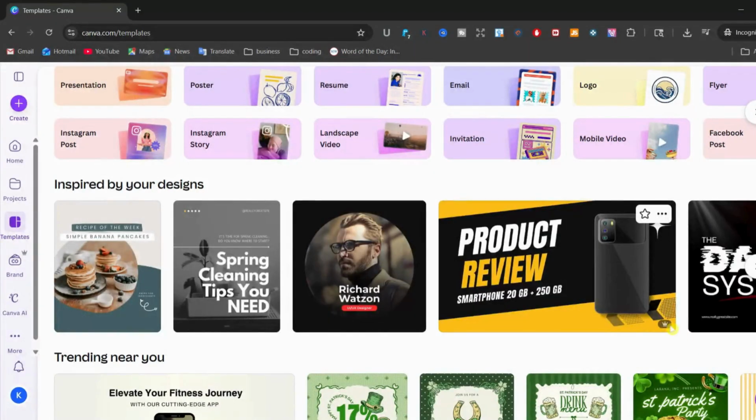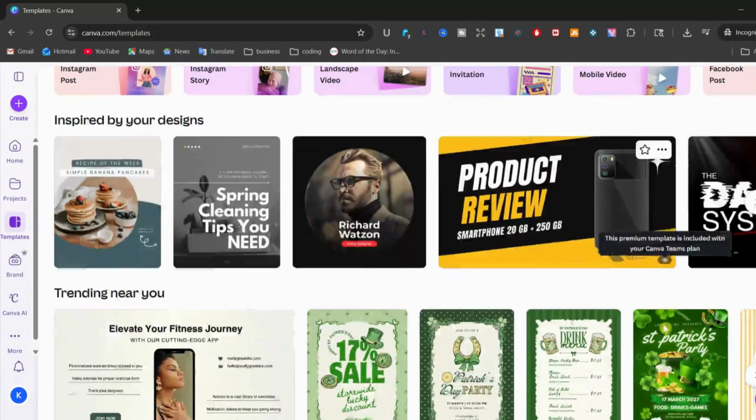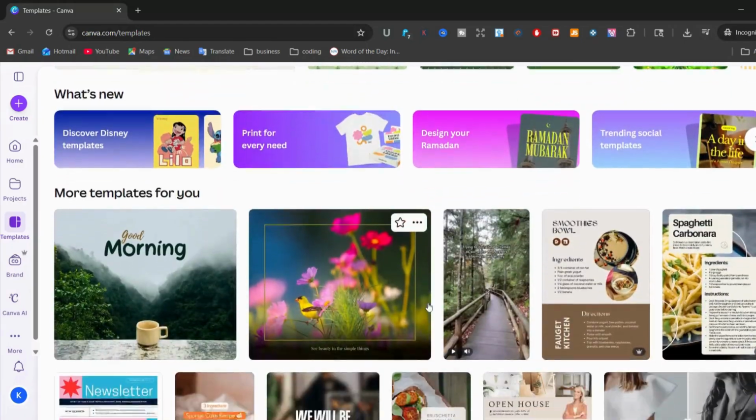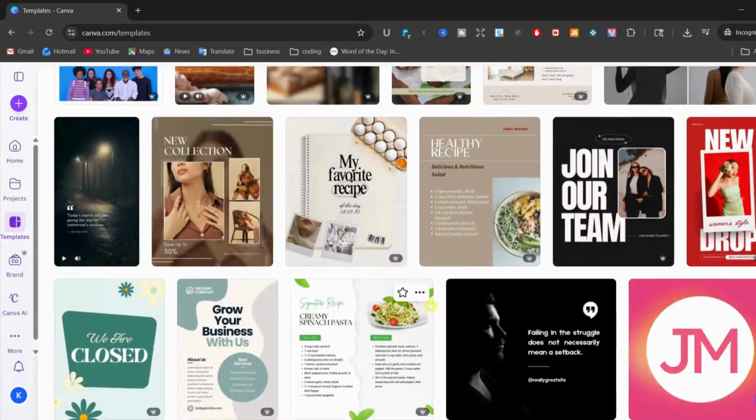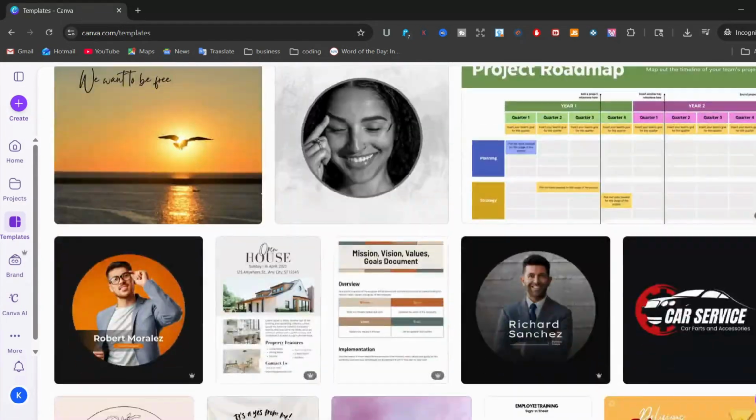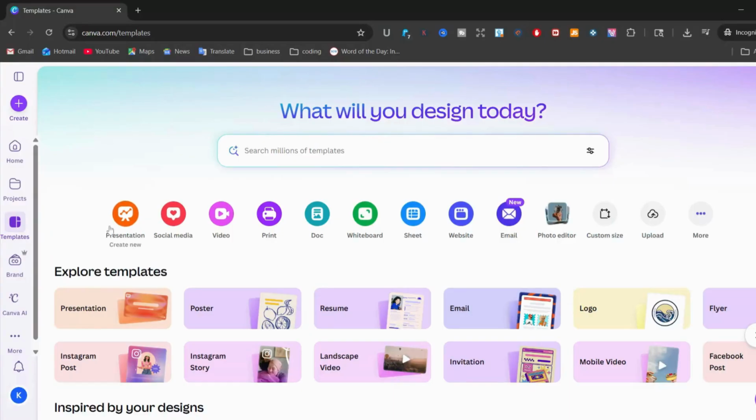How do you determine that? Is by this symbol right here. So if you're on the pro plan, then you can use this template. If you're on the free plan, you would have to subscribe to the pro plan in order to be able to use this template. So you can either use these templates here, and there are many of them, or you can create your own presentation, social media, video, or you can create